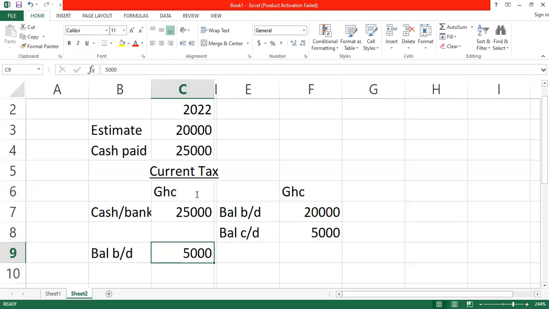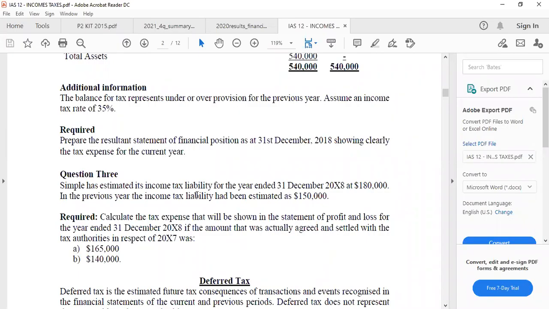Okay, my reader, let's take the question 3. Question 3. Simple has estimated its income tax liability for the year ended 31st December 20x8 at $180,000. In the previous year, the income tax liability had been estimated as $150,000. Required. Calculate the tax expense that would be shown in the statement of profit and loss for the year ended 31st December 20x8 if the amount that was actually agreed and settled with the tax authorities in respect of 20x7 was A, $165,000,